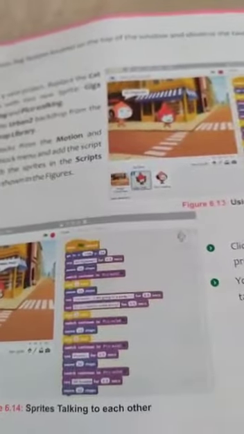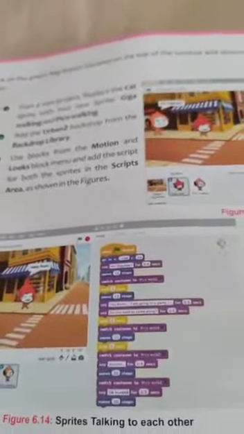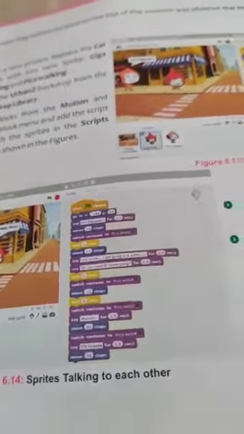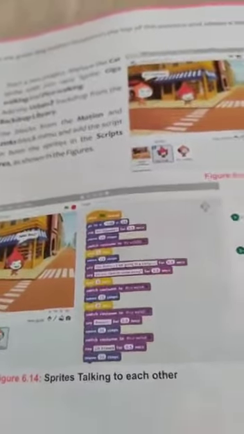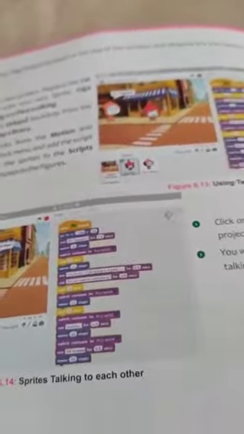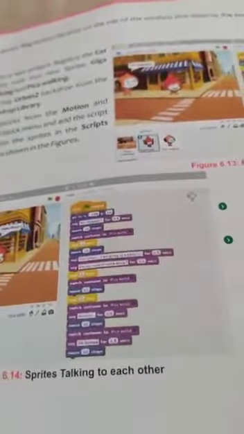So here we are showing the conversation of two sprites that are talking to each other. Firstly, one sprite is asking another one to come along for a party, but the other one is going for a tuition. So he said that I would love to, but I couldn't come as I have to go to my tuition. So their conversation stopped with the help of the bye-bye blocks. He will say okay bye, he will say bye. So you can also create a conversation according to your convenience.